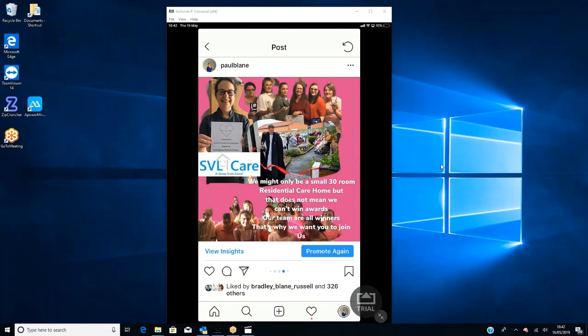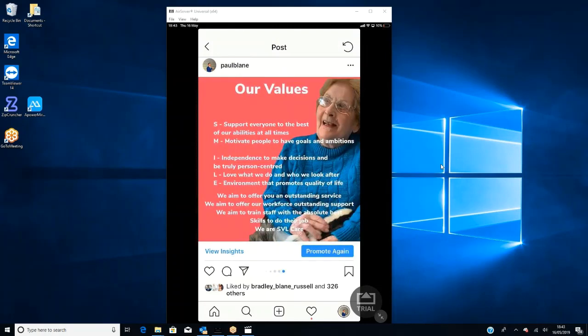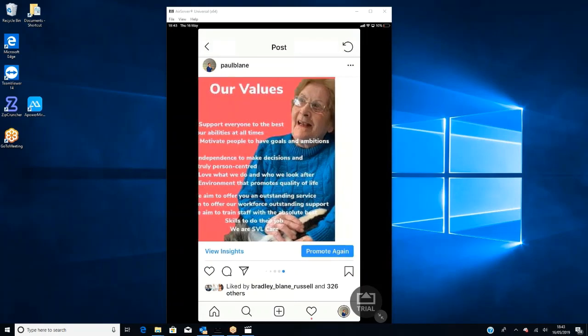If people don't want to work for a bigger home and want to work for a small home, this is a huge USP to these guys. So it's talking about being recognized through being winners and awards that they've won. So again, using pictures to do this. And then the values of the company, very strong point. In this modern age, a lot of staff members, particularly the younger ones, the millennials, are looking to see if your values align with their values. And quite clearly you can see there that the value is SMILE. So if they see people smiling, they can see it aligns to those values.